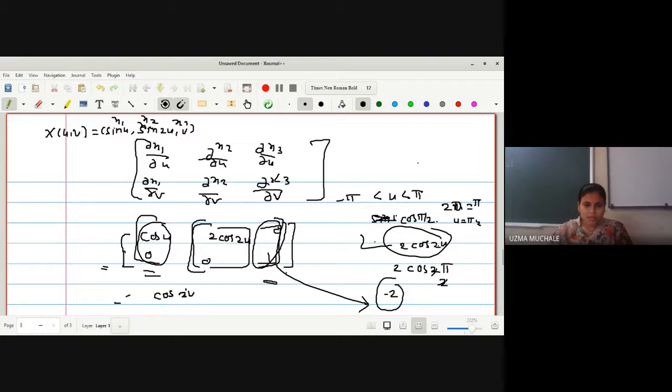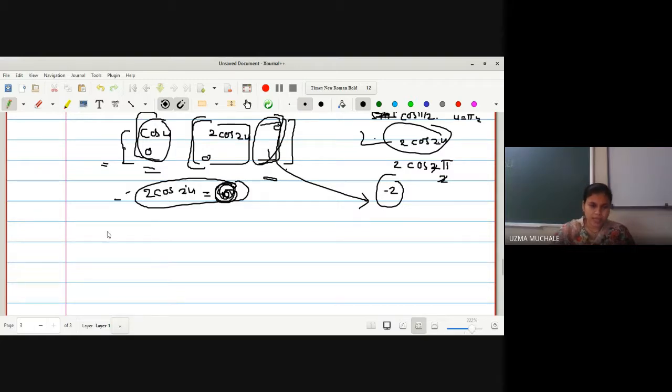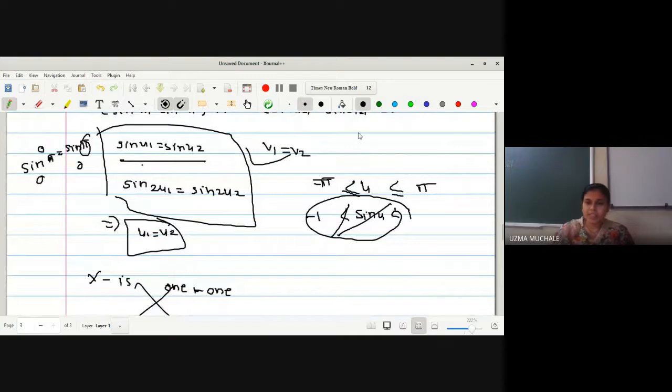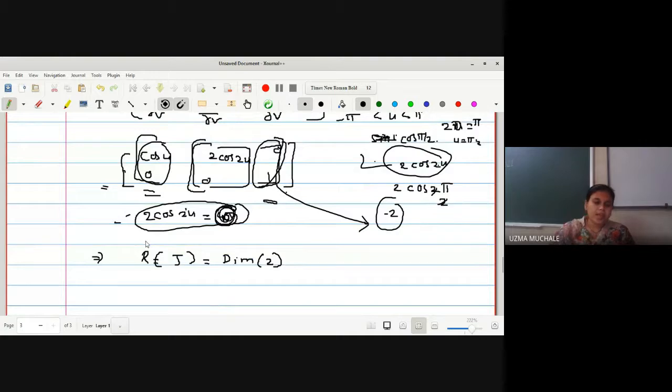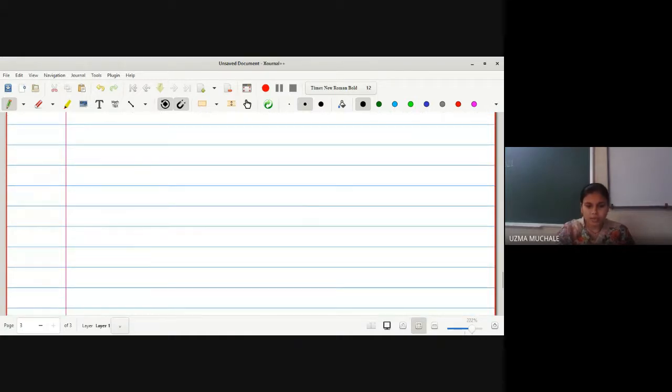Okay, cos of 2u is there, correct. So let me take it as 4 pi. If we take 4 pi, then it is a possibility, but 4 pi is an angle which is not available here. We have to check all angles between -pi and pi, correct. So we can say directly that the rank of the Jacobian matrix is equal to the dimension of the domain, that is 2. One condition could also have failed if it was an equality. If this was equality, one condition would fail, right. Here too, if there was a small mistake, we could say that the rank of a Jacobian matrix is not equal to the dimension of the domain.